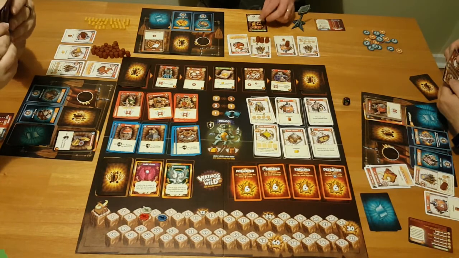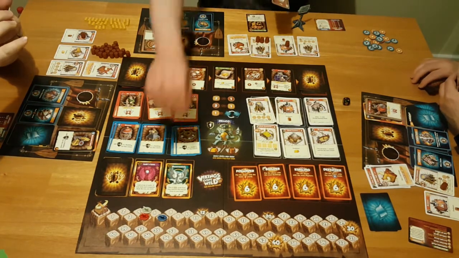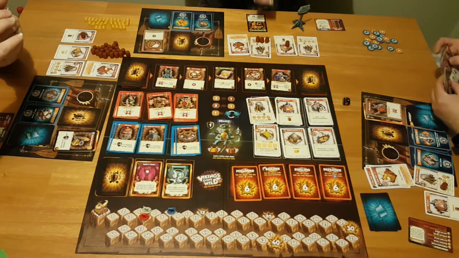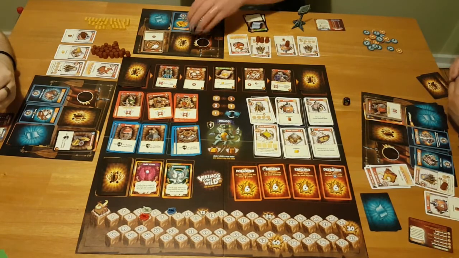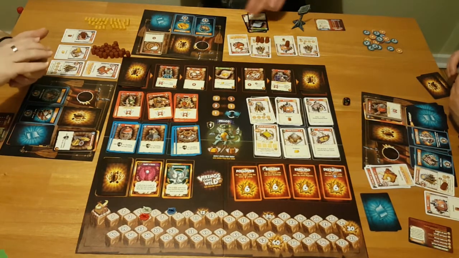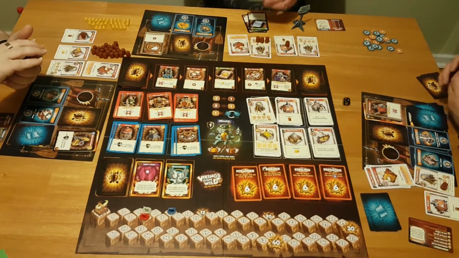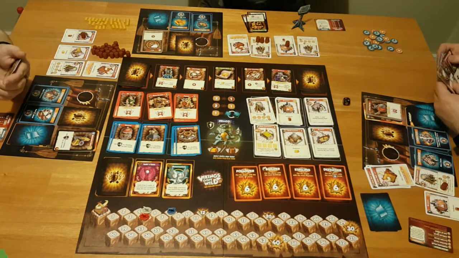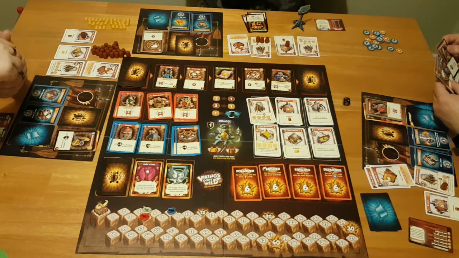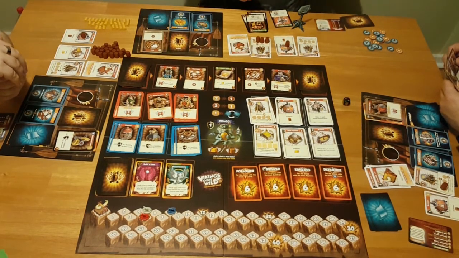Okay, I get to draw a card. If it's a resource, I get a victory point. I get to draw 2 cards. I get to draw a card, and if it's a resource, I get a victory point. It's not. Well, I have this, which lets me draw 2 cards and gives me plus power to my